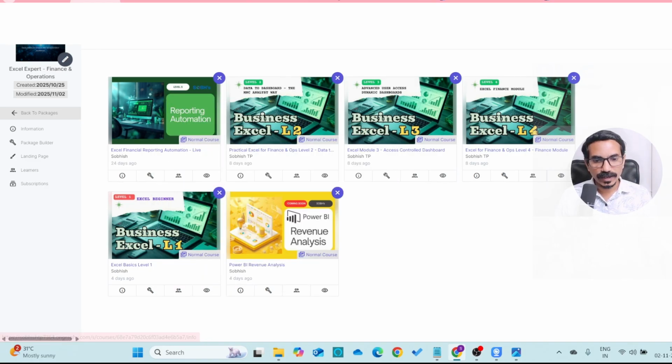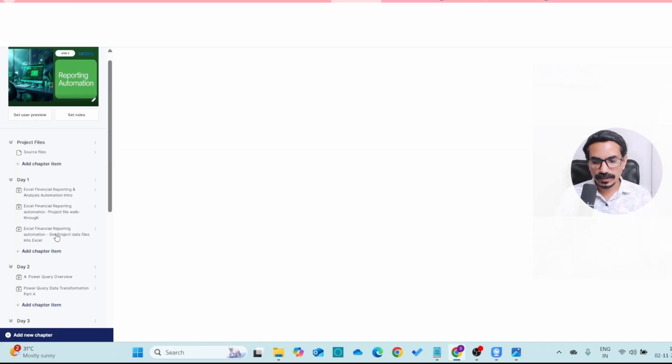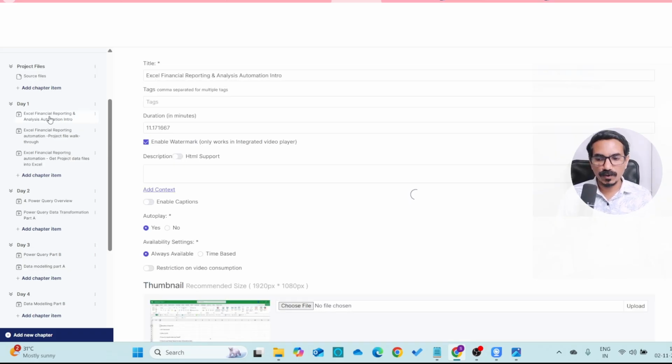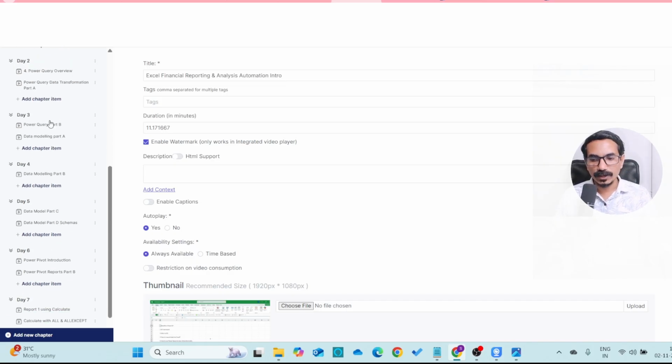So here, in the Excel automation module, you are going to learn, again, there are different source files here, and you will learn Excel financial reporting and automation. We start with an introduction, and then you will learn the project walkthrough, how to get the data into Excel, and you understand about Power Query, how you use Power Query for finance data